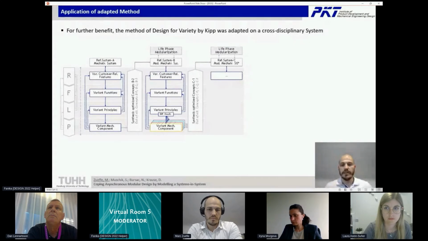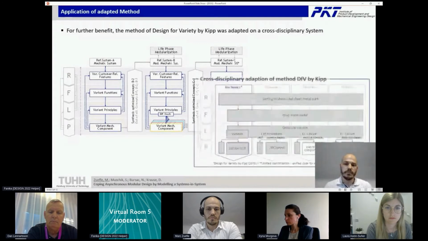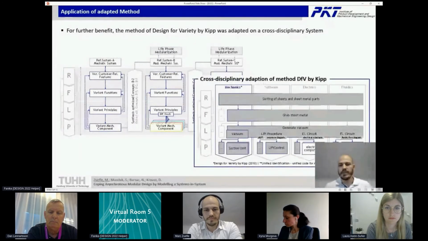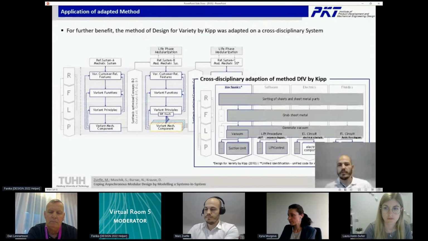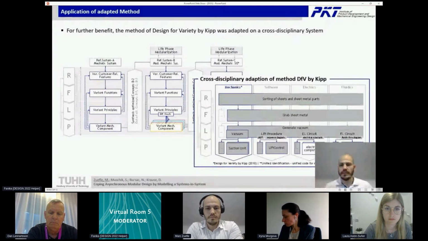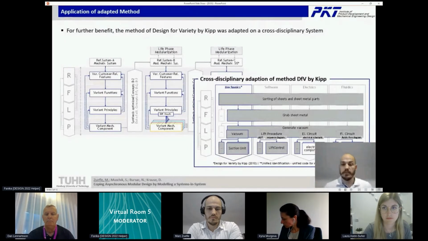And on the logical level, you can see that the variant principles are shown with different visualizations due to the different disciplines. This is the cross-disciplinary adaptation of the method, Design for Variety by Kipp. You can see that every discipline is integrated in this method with its own visualization of the logical level.